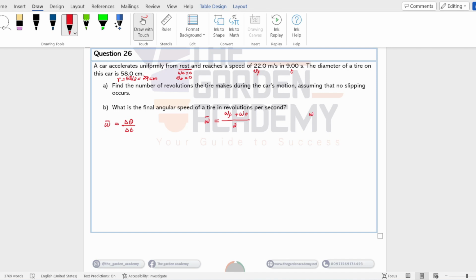Omega final is basically equal to V final divided by R, which is given in the question as 22, divided by the radius of rotation, which is 29 centimeters. Now convert it to meters. How? Divide by 100, so you get 0.29. And I'll take the value as is. Let's substitute this value. Omega final is equal to